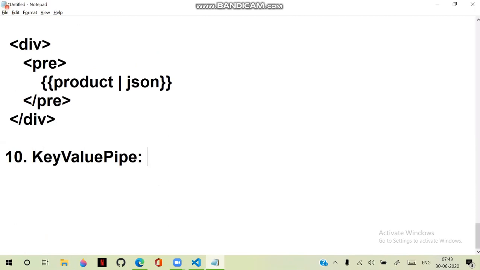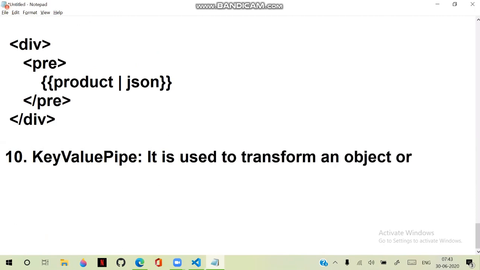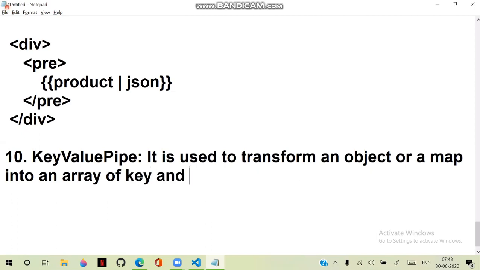The key value pipe is actually used to transform an object or a map into an array of key and value pairs. Generally, when you are technically working with a collection, an object